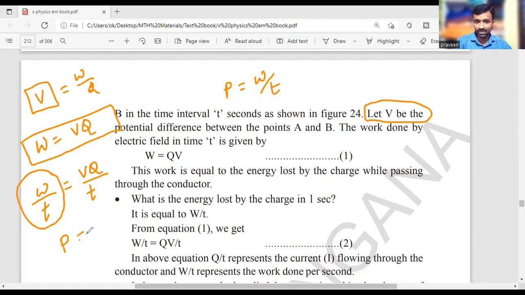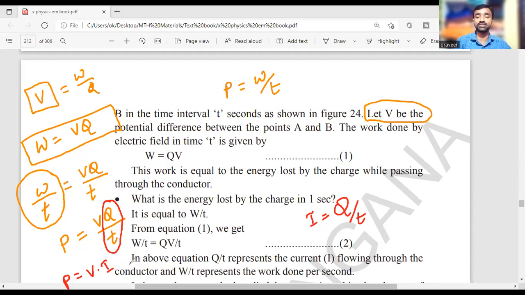So power P is equal to V into Q by T. I know Q by T is equal to I, so Q by T will be replaced here by I. What I got is P equal to V into I. This is defined as power: the product of voltage and the current is defined as